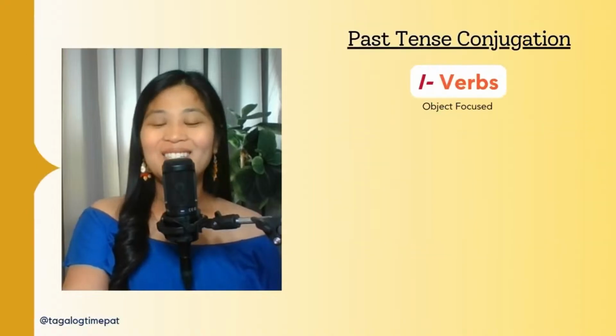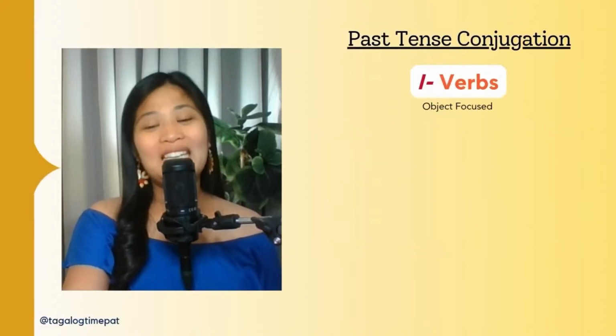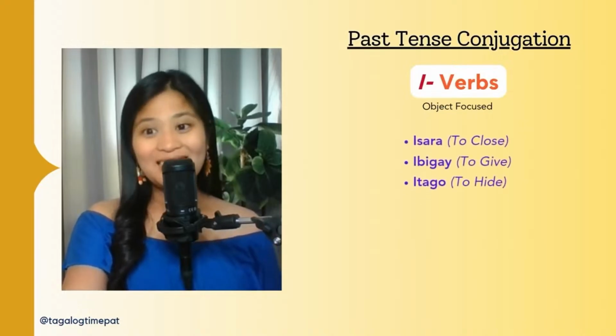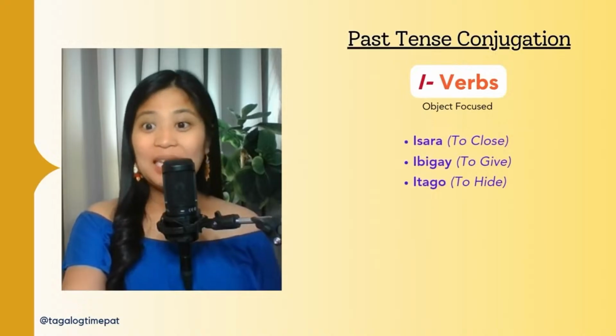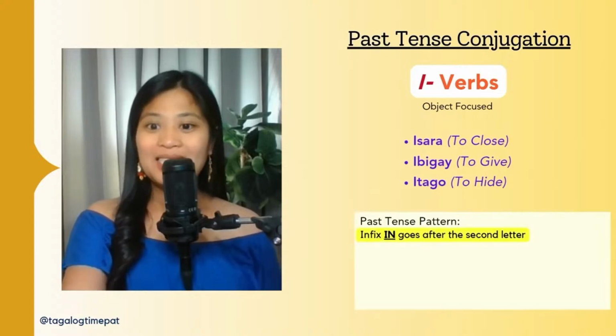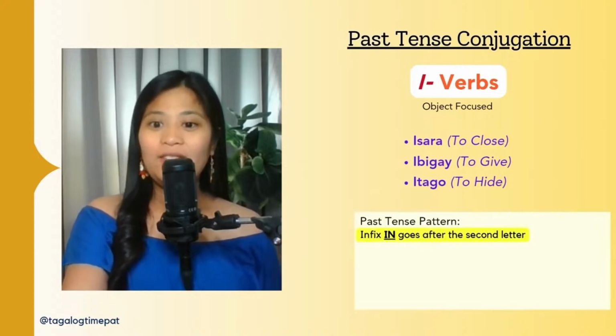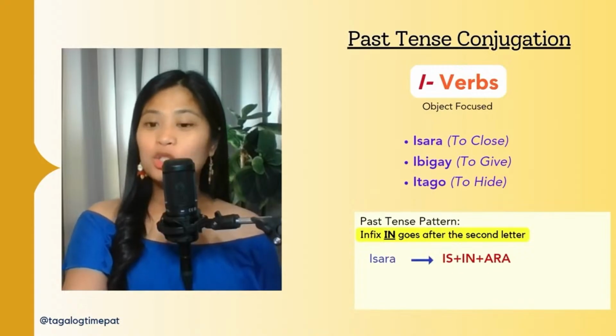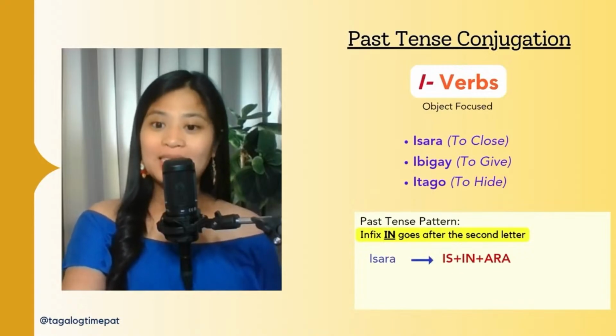All right, so now lastly, let's take a look at verbs. These are usually object focused, and here are some examples. Isara means to close. Ibigay means to give. Itago means to hide. In the past tense, the infix goes after the second letter for verbs. So let's take a look at the word isara, which means to close. In the past tense, it becomes